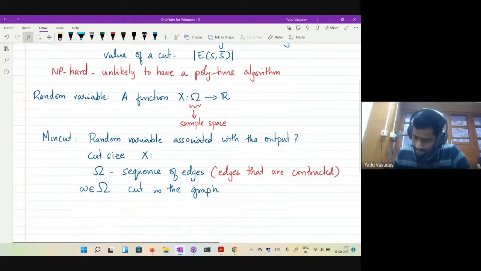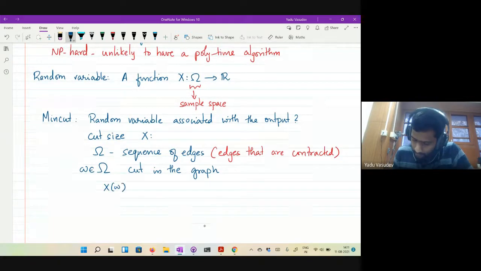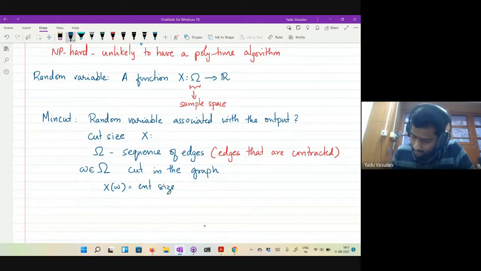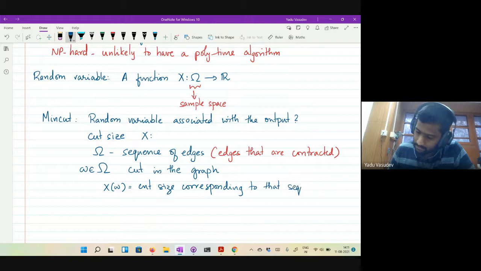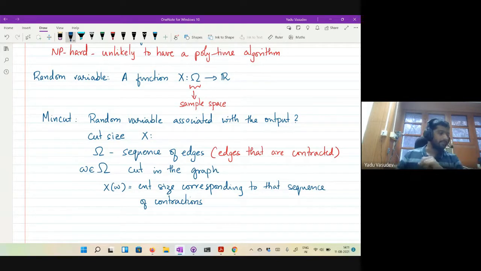And this random variable X of omega is nothing but the cut size corresponding to that sequence of contractions. So the output is this random variable which we want to study.